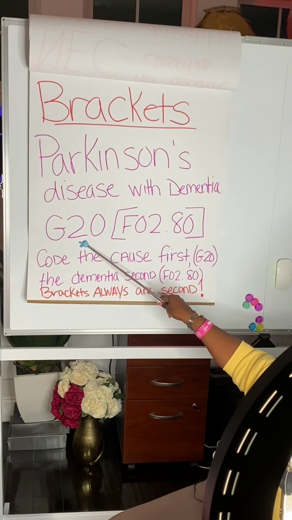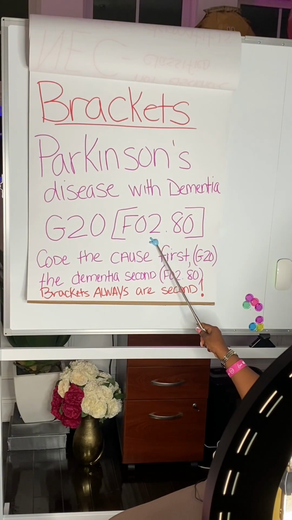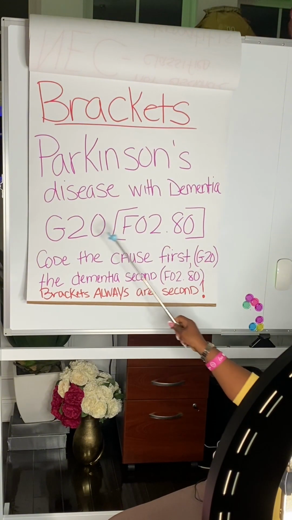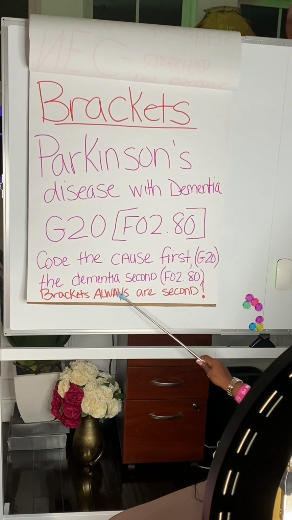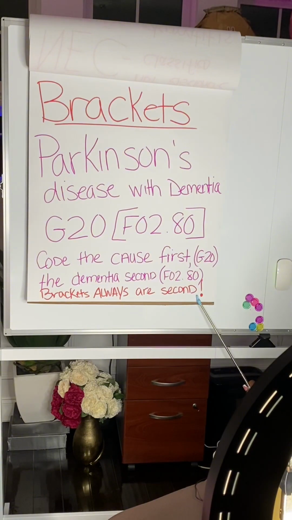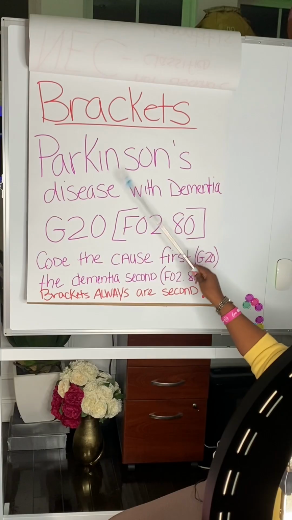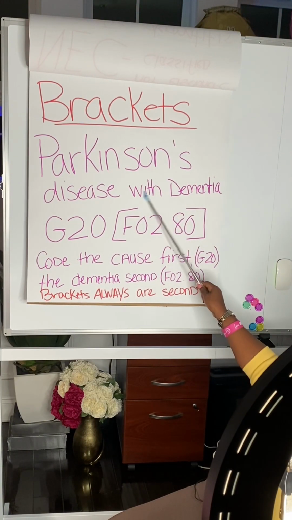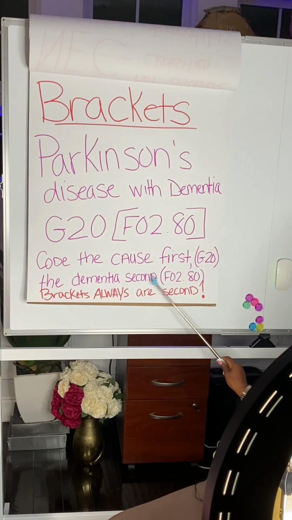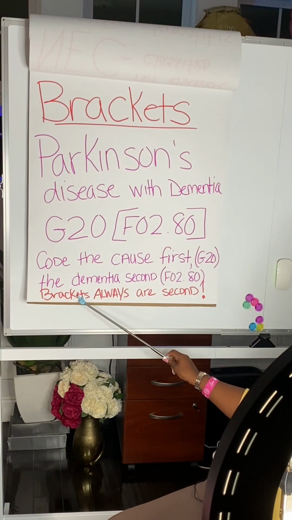Etiology equals what caused something. Manifestation is what's inside the brackets. I don't want you guys to get hung up on the terminology right now. I just want you to know etiology comes first, manifestation is the second code. Brackets are always coded second. Code the cause first. Parkinson's disease, code the cause first. With dementia. The dementia is second. Brackets always are